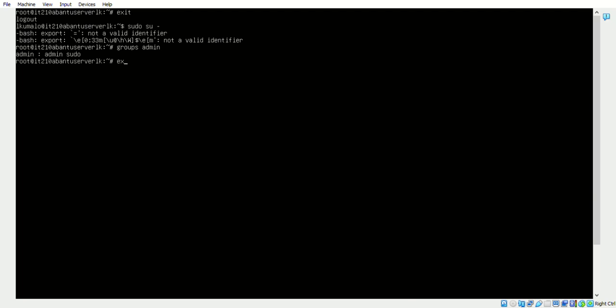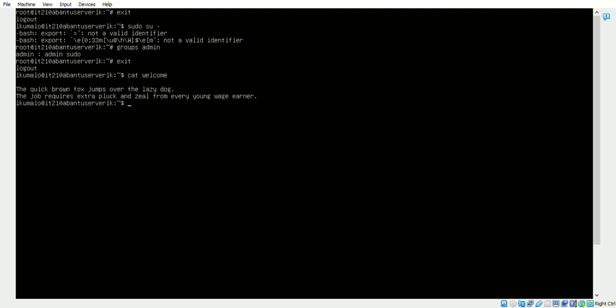The next thing that I need to prove is to show and display the welcome file that was created in one of the exercises in this week. We use the VI editor to create that file and to type in the information that resides in that file. To then see what's in the file, I'll use the command cat welcome. Now, the statement that we captured was the quick brown fox jumps over the lazy dog, and there it is,